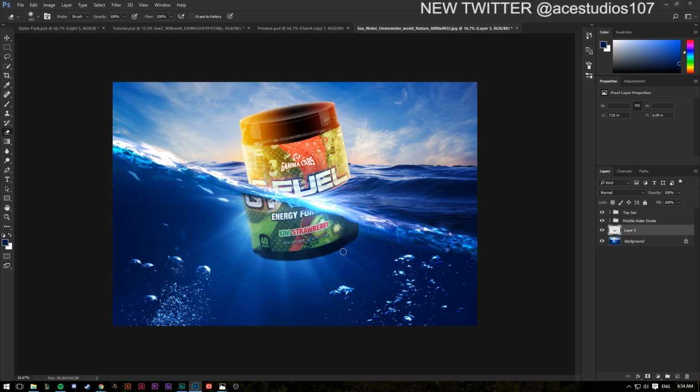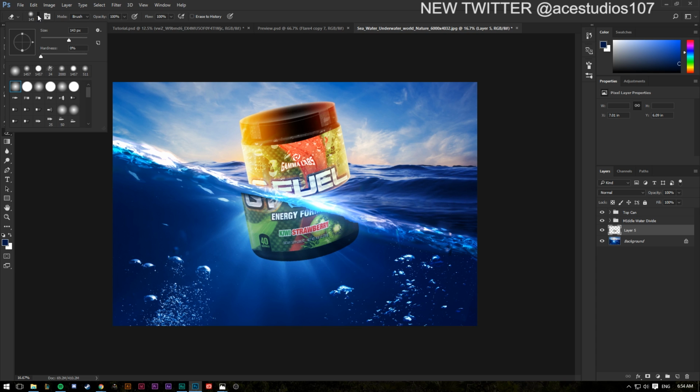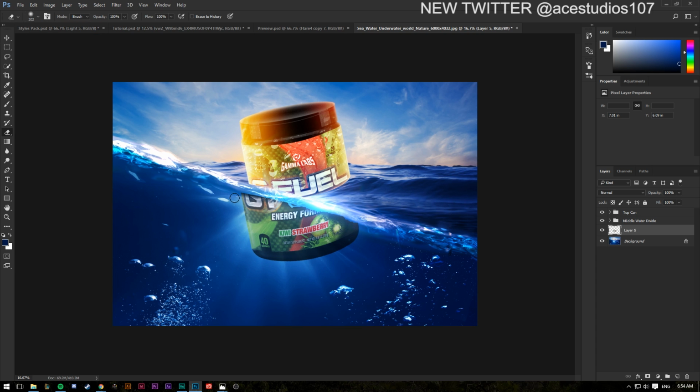Or just go over the edges like that. Now you would have to be really careful with this. This is kind of an unconventional way of doing it, but it kind of works because